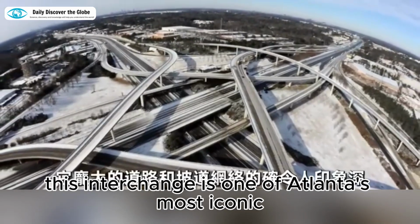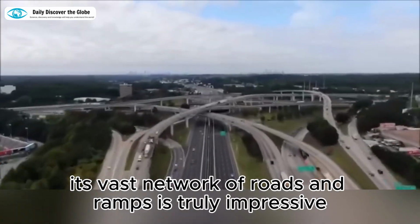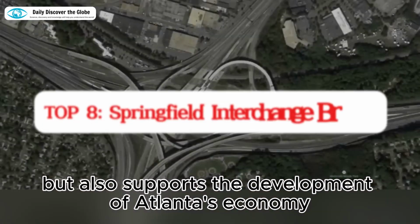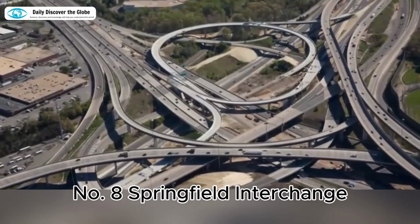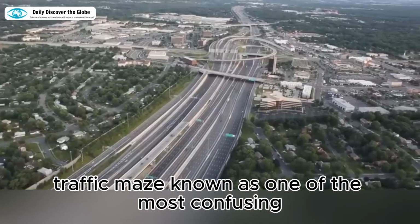This interchange is one of Atlanta's most iconic landmarks. Its vast network of roads and ramps is truly impressive. It not only makes driving convenient for locals, but also supports the development of Atlanta's economy. Number 8. Springfield Interchange. The Springfield Interchange is like a complex traffic maze, known as one of the most confusing